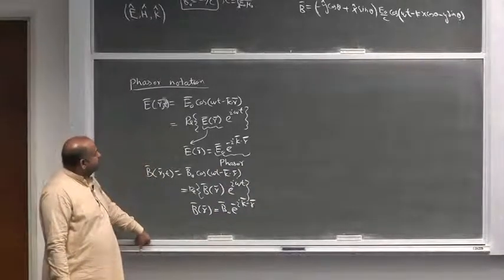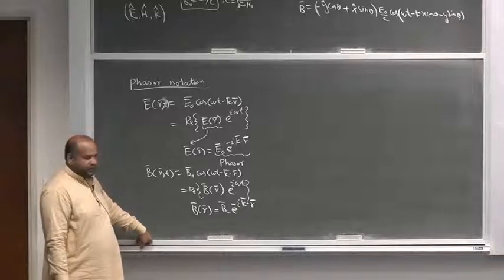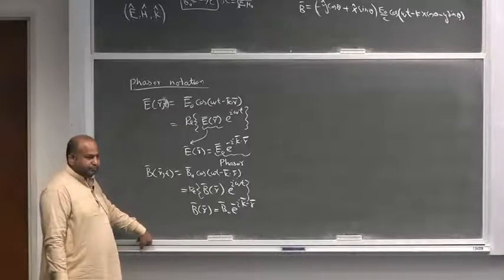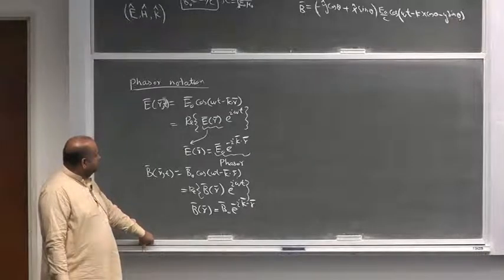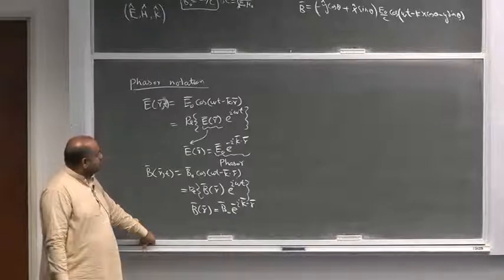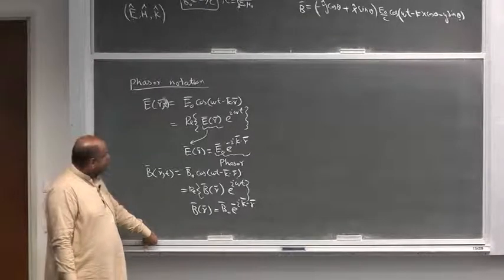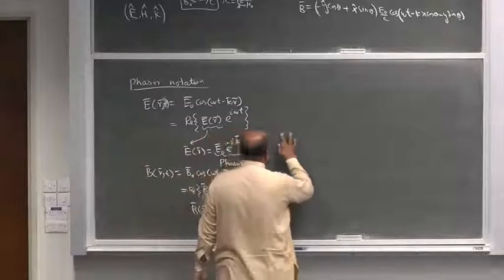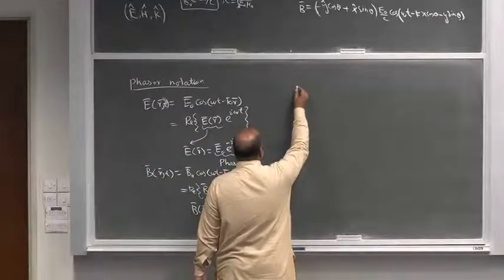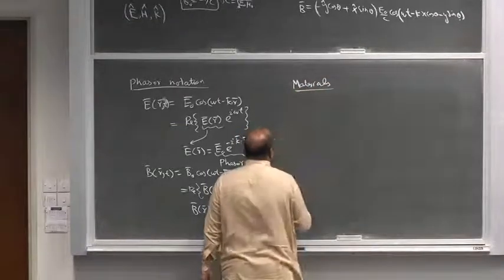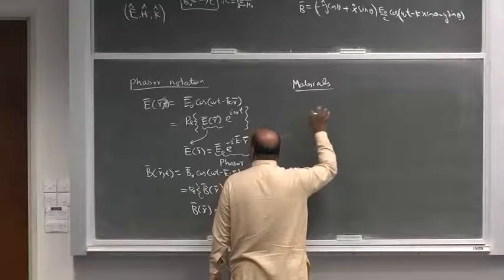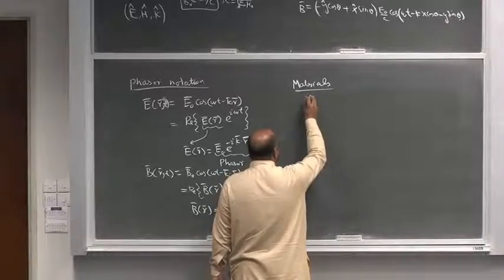Now, so far we have dealt only with electromagnetics in vacuum. Let's now introduce materials, and then we will see how we can work with plane waves and what the properties of plane waves are in materials. So let's discuss the basic types of materials. We can think of materials as of two types, the simple materials. We are not going into anisotropic materials. So isotropic materials can be categorized into, let's say,